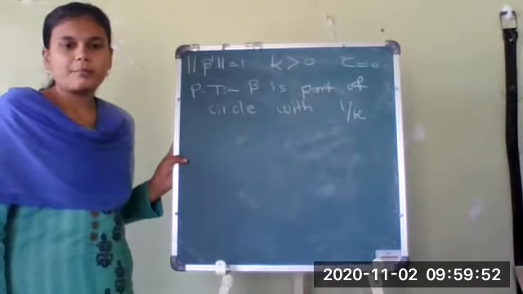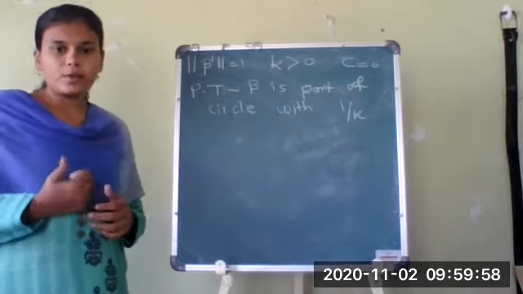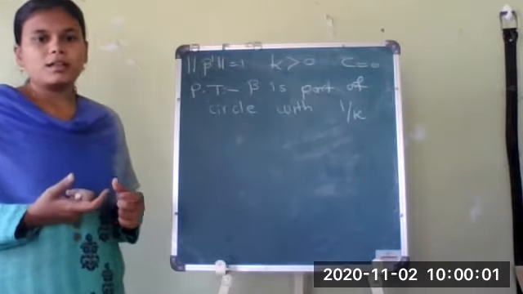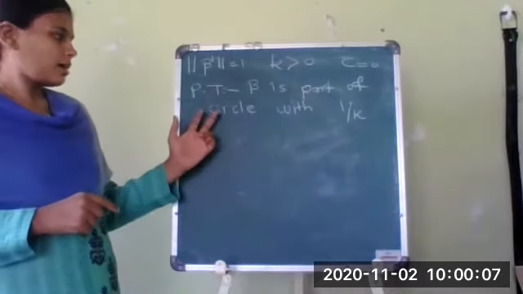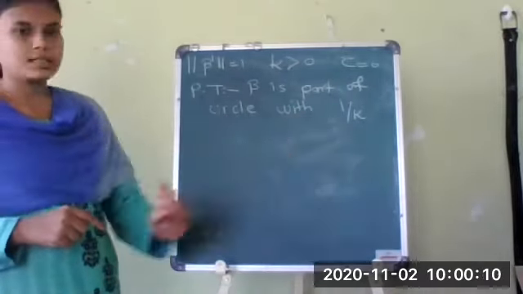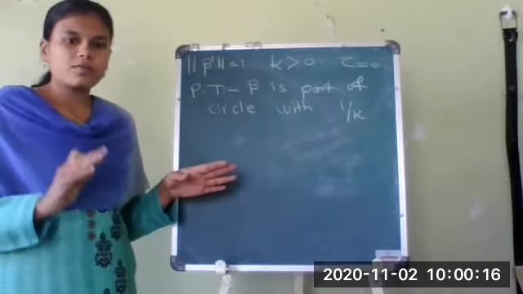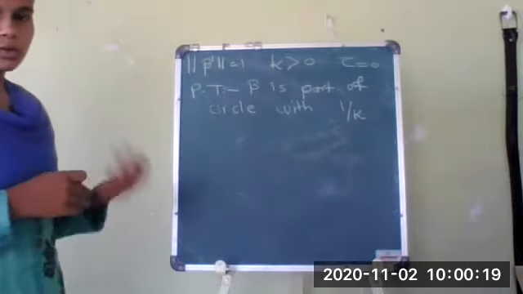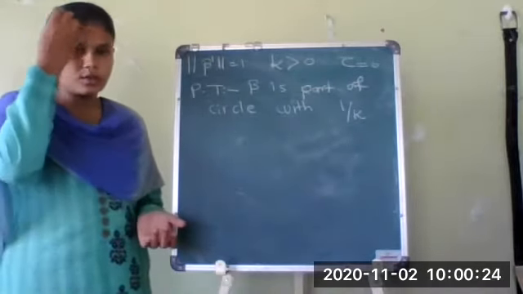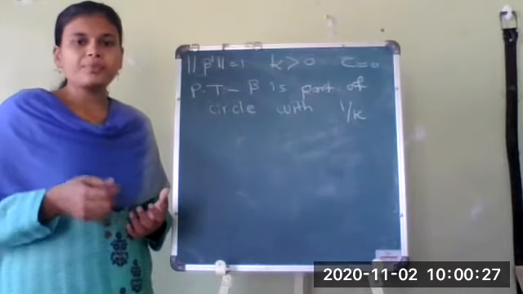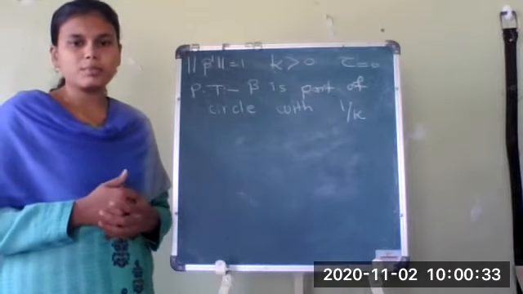In the last lectures we have seen one example of how to find the Frenet apparatus. In that I told you we have to solve an example of the equation of a circle. I hope you remember that we got curvature k as the reciprocal of the radius, 1 upon k. So the radius will be the reciprocal of the curvature. Those who have solved the example alpha of t equals a cos t, a sin t, to find the Frenet apparatus, remember that the curvature we found is the reciprocal of the radius.